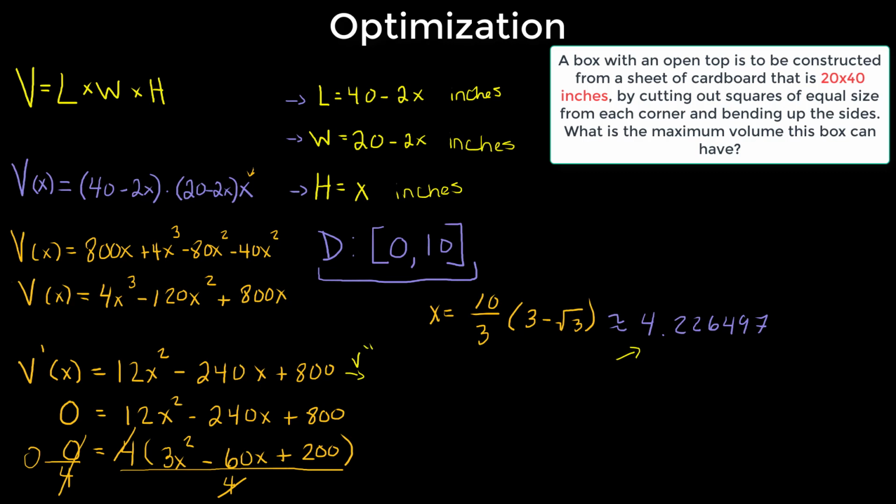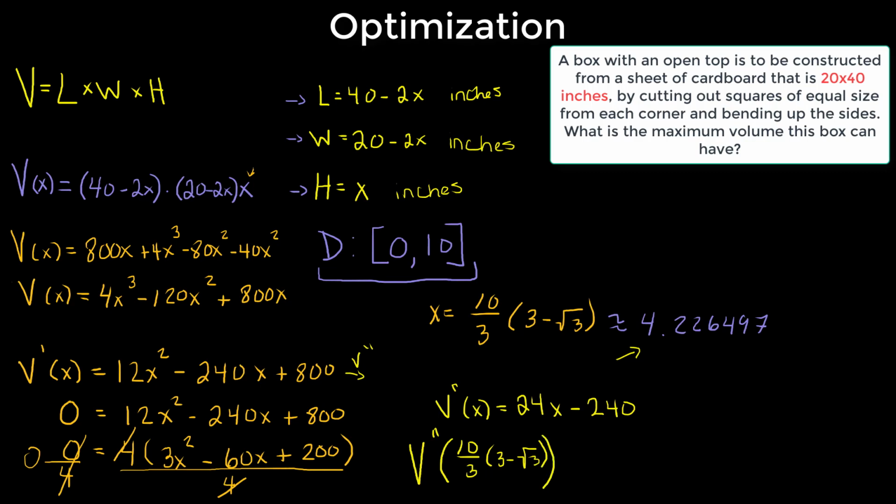In doing so, we can do this nice and fairly easily. The second derivative of the volume will just be 24x minus 240 plus 800, that's going to be 0. So we're left with 24x minus 200. Now let's go ahead and input that value. So v double prime evaluated at 10 over 3 times 3 minus the square root of 3. Or we can just input